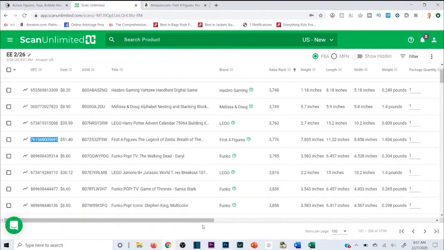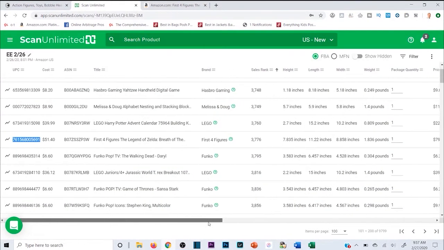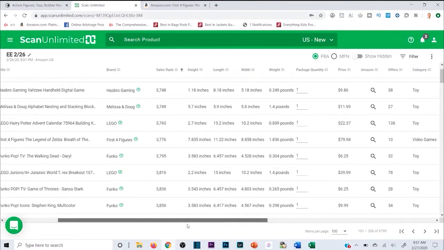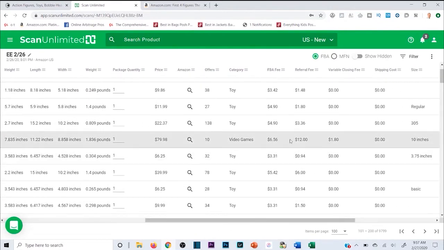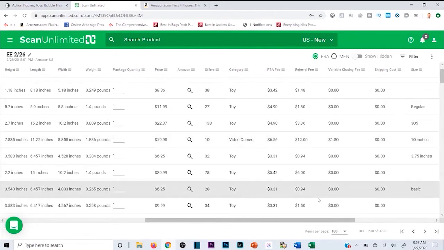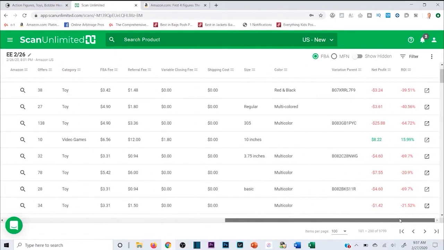So it's telling me that if I sell it at the buy box price and I buy it from EE at $51.40 a unit, and all the fees are right here listed, right? So the FBA fee is $656, the referral fee is $12, the variable closing fee is $180. So it's telling me I'm going to net about $822, but I don't really want to spend $51 to make